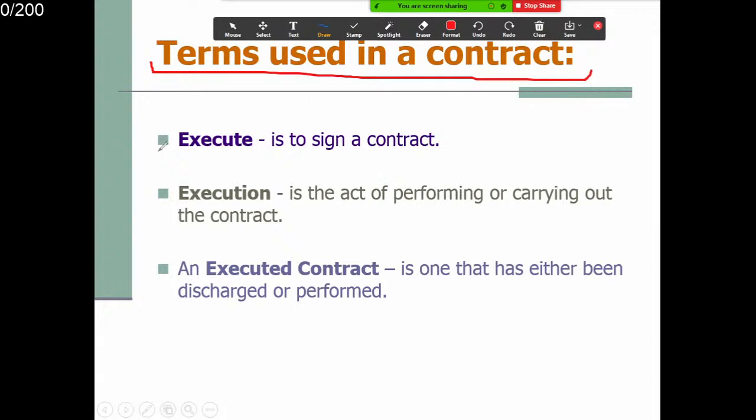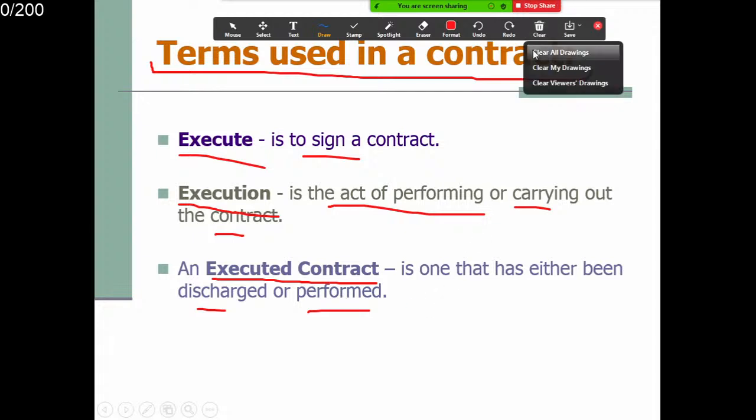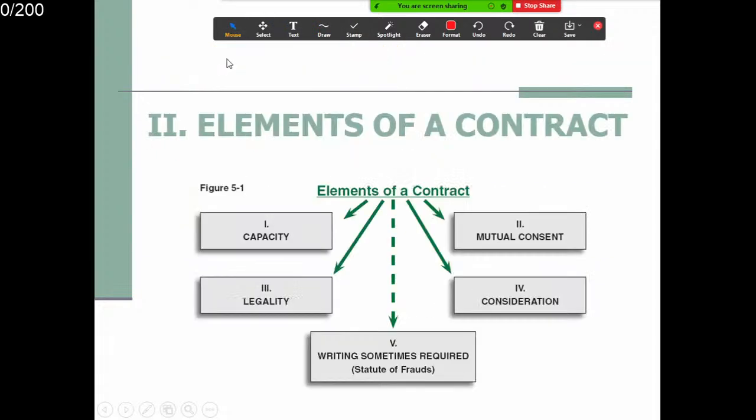okay. 它重复，这样的话你会记住。Execute is to sign a contract, okay，这个单词，OK，就是去签字，签的协议，就是 execute。Execution is the act of performing or carrying out the contract，就是去操作这个协议。Okay. An executed contract is the one that has either been discharged or performed. Okay，它是完成的协议，怎么去完成？你可以取消，还是你做完了？OK。